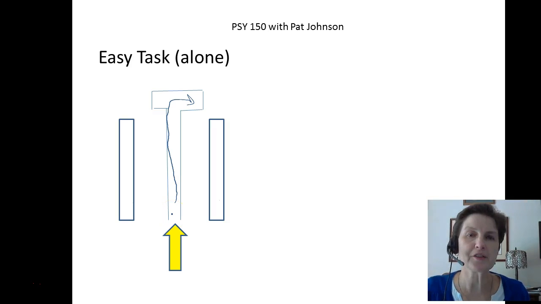I'm a runner, not so much now as in the past, and I used to run quite a few marathons and a lot of half marathons and 10Ks and 5Ks. But I always noticed that when I was training, if I was running alone, I had a certain cruising pace just for a regular everyday run. But if I happened to be running past where there were other people out, either in their yards or maybe a construction crew, or running past where there were other people, it really affected my performance.